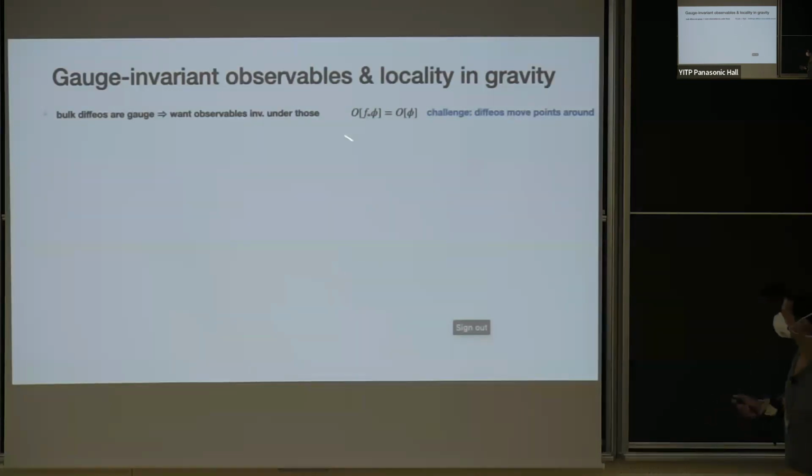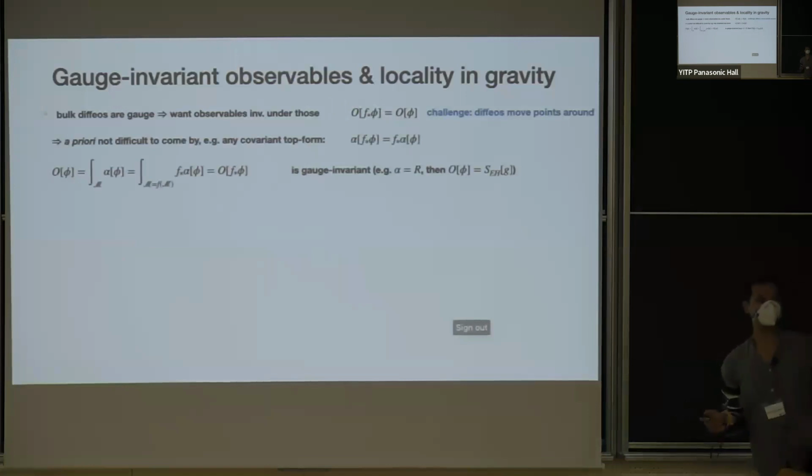And so if we have some kind of diffeomorphism F, what I should say is if I use square brackets of phi, that just means it's a function of the fields, and phi is just a collective notation for the fields involved. And so if I want to look at some observable, what we want is a gauge invariant observable. So if I evaluate that observable on gauge transformed field configurations, it should of course be the same as under the untransformed one. And often it's said that it's very difficult to construct such gauge invariant observables in gravity, but in principle, at least at a formal level, that is not true.